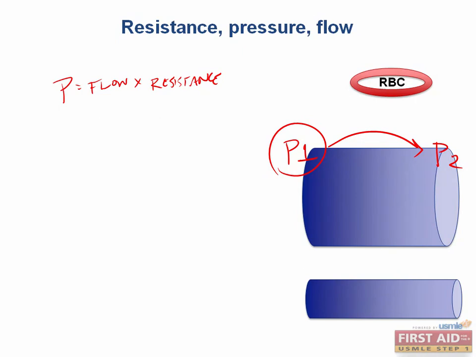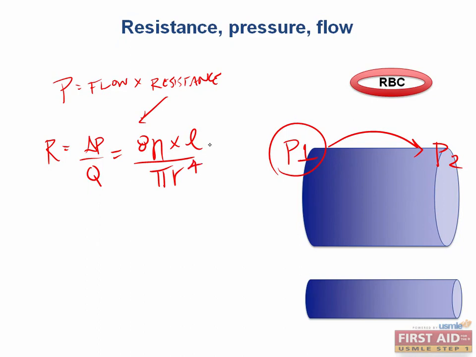The factors in the equation for resistance are something that is really important for us to consider and reason through. So the equation for resistance equals the driving pressure, or the change between P1 and P2, divided by flow. And this can be represented as 8 times the viscosity times the length of the vessel over pi r to the 4th power. So as you can see here, resistance is kind of dependent on a couple of things that are important to us,